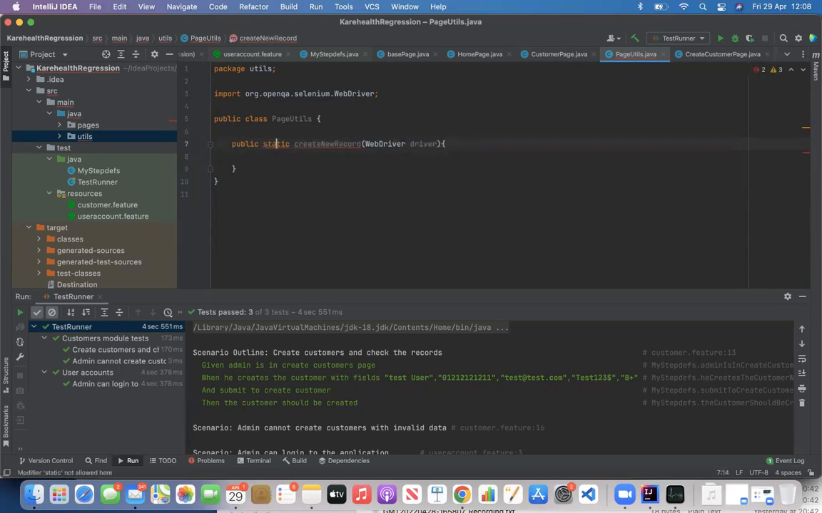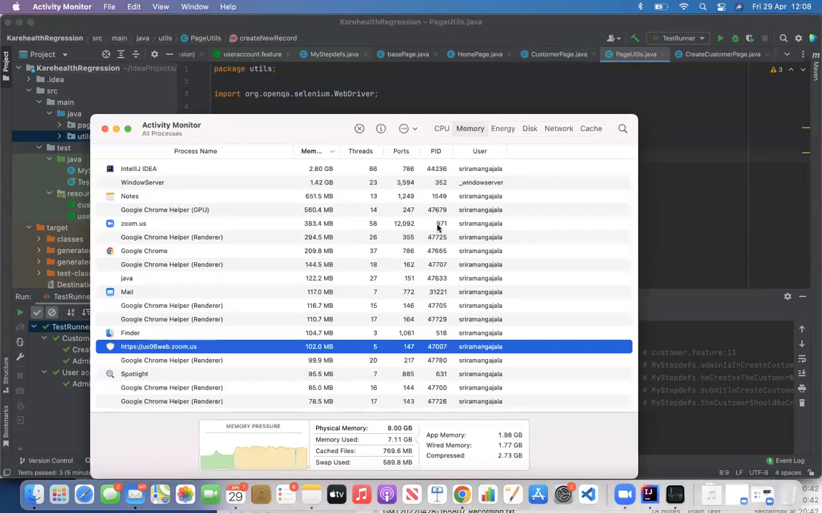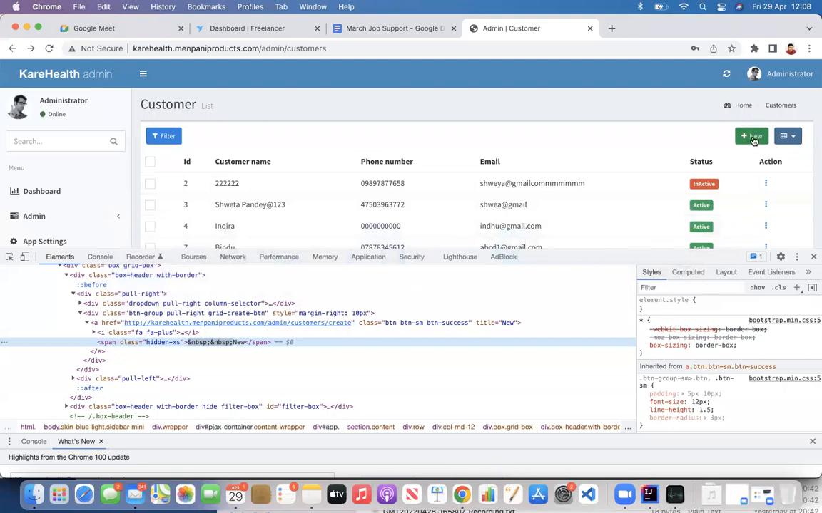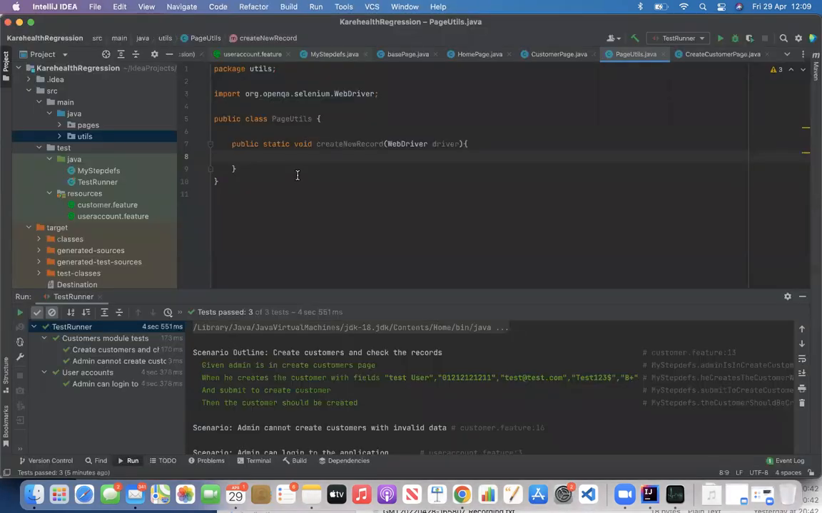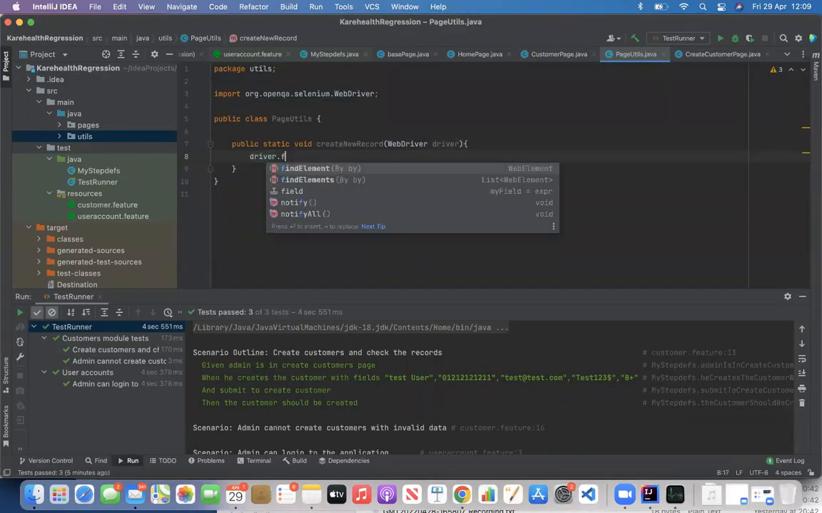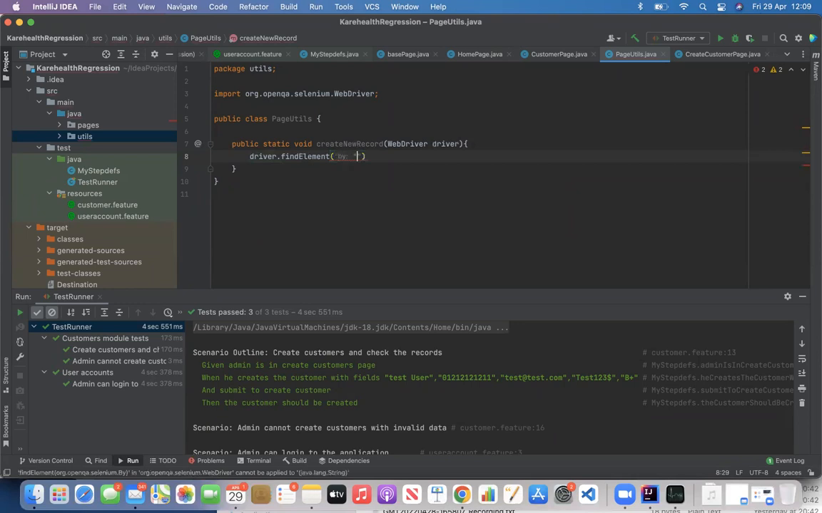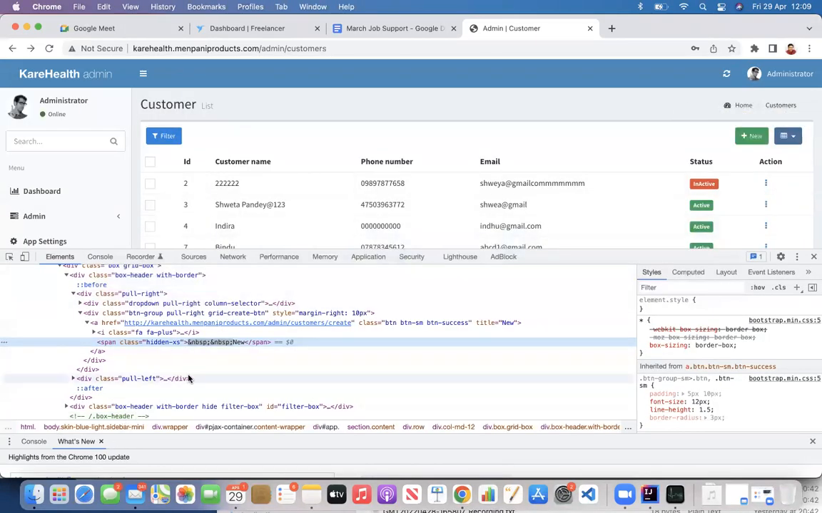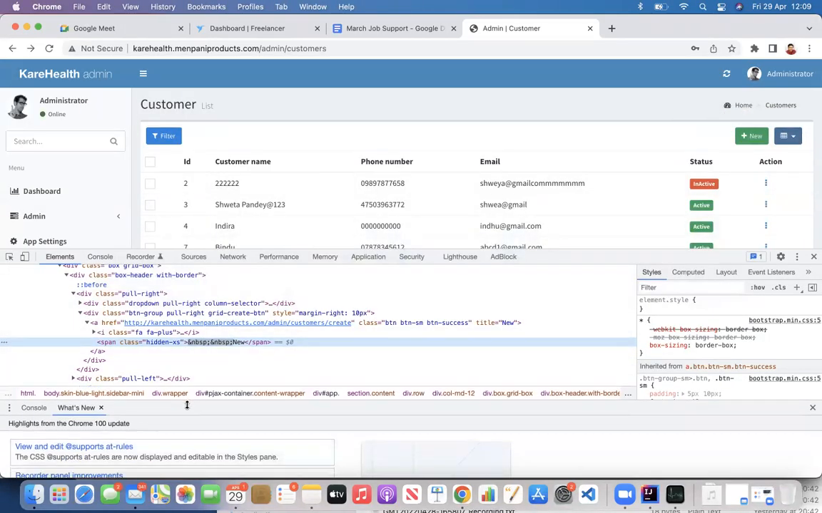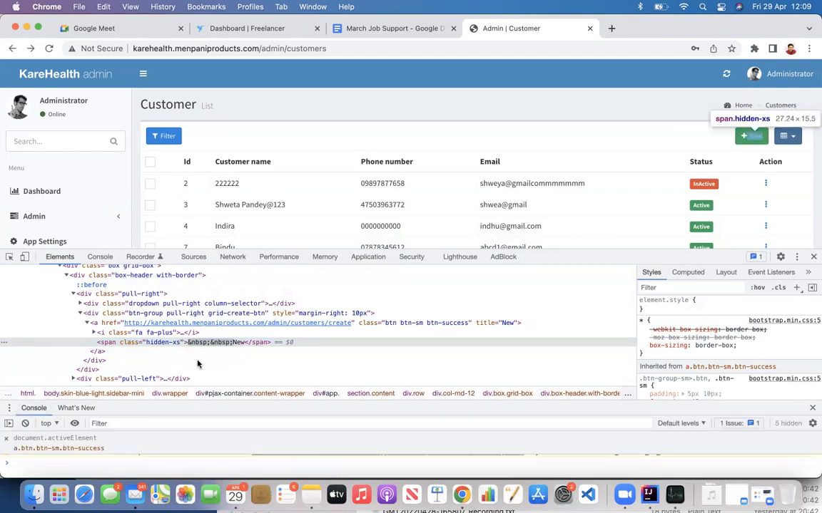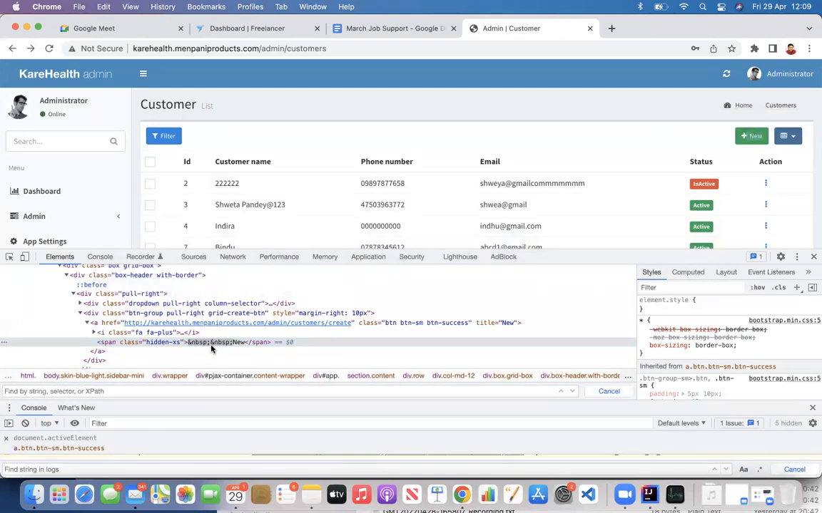Java, come on. Static void. Okay, so what I want to do is create a kind of utility where I just say create a record. I don't need to give elements multiple times. So technically, I will create driver.findElement. I'll try to create an XPath of this new. For that, I think you people know there is a way in XPath where I can write